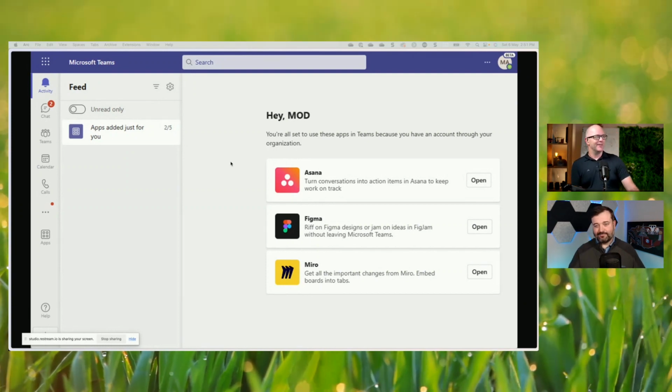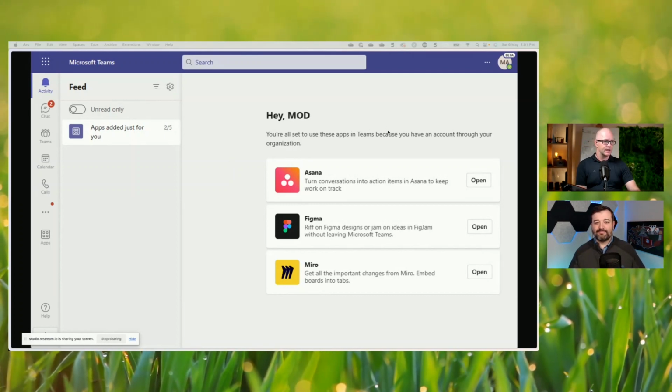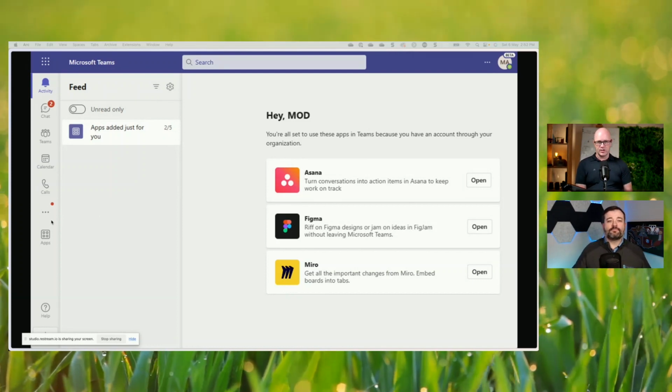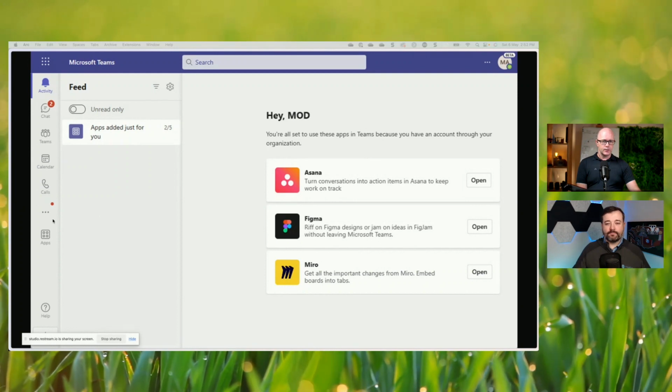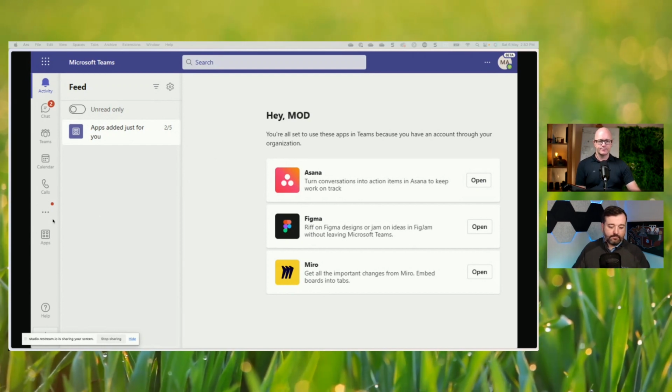Wow. Then there's the list of the apps over in the body, the bigger part of Teams where your messages are. In this example, there's Figma, Asana, and Miro, and you could open those up. Now, they're going to be added and available going forward from that point underneath the three dots on the personal app rail. And it will be over to you if you want to pin them to make them more accessible or not. But Daniel, what do you think is, how do I put this? What is driving this suggestion or automatic adding of apps into Teams?